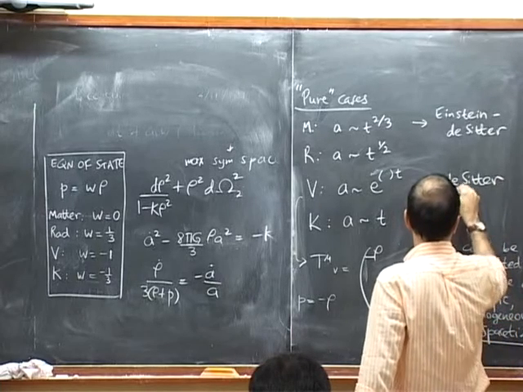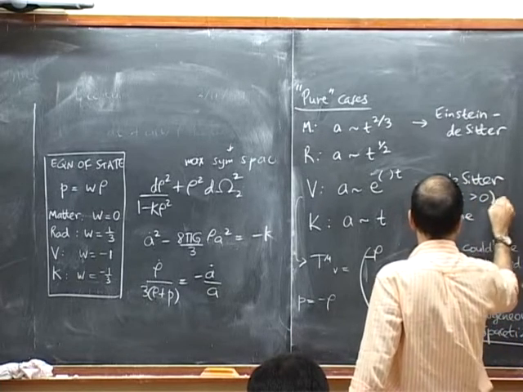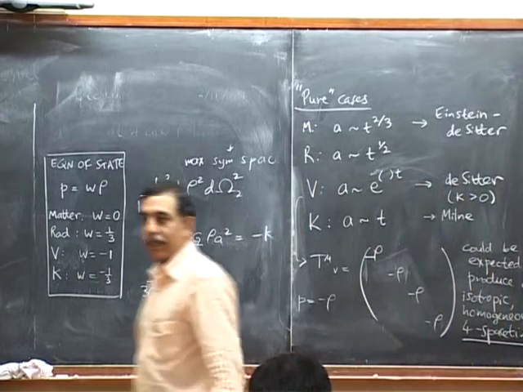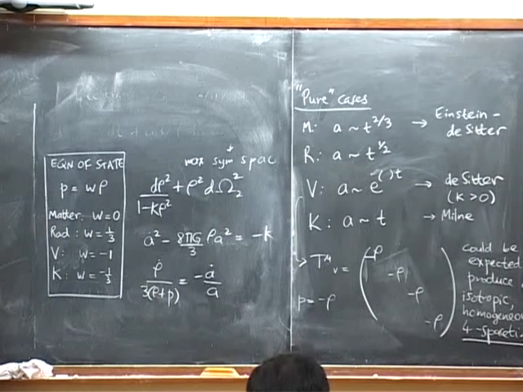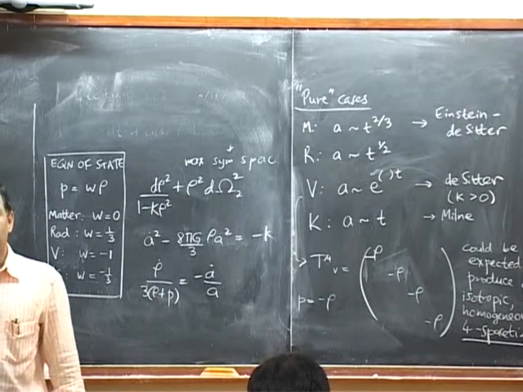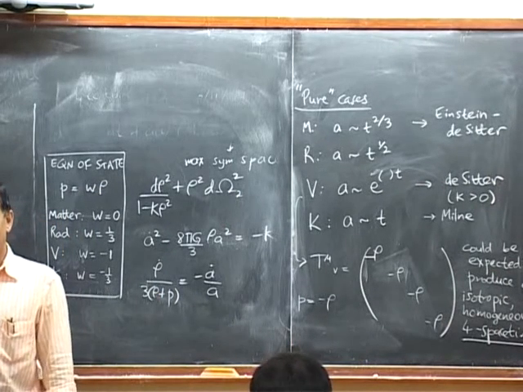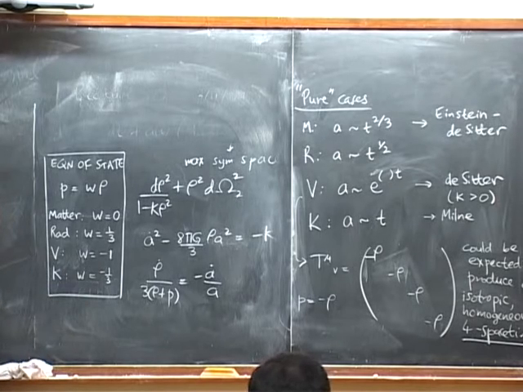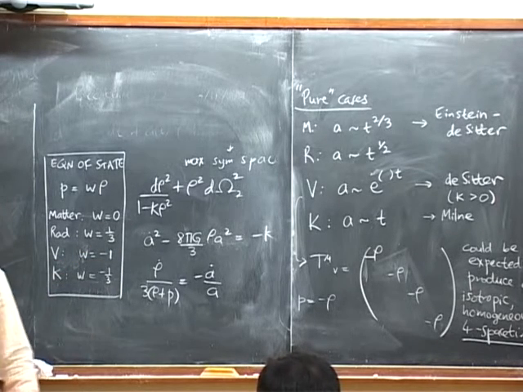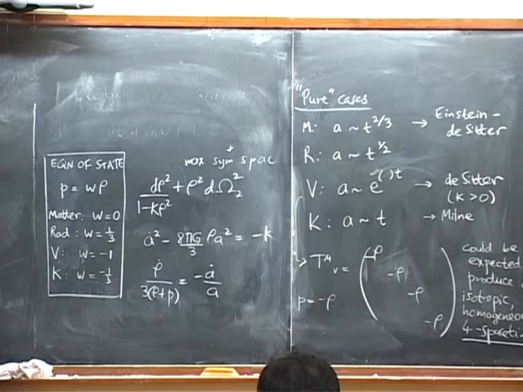For k greater than 0. It's one way of thinking of de Sitter space-time, but in coordinates which are not natural for somebody who wants to think about de Sitter space-time. In any case, I'm not going to prove this fact for you, and I'm not going to right now discuss de Sitter space-time, but I think it would be a reasonably good project for somebody to do. So by Thursday, I'll try to produce for you a list of projects.